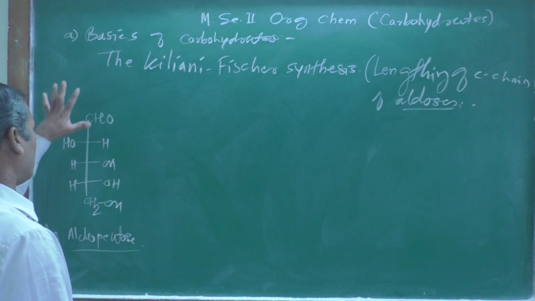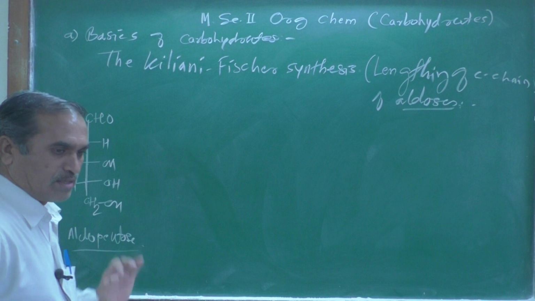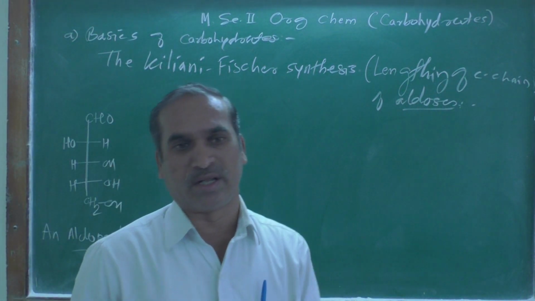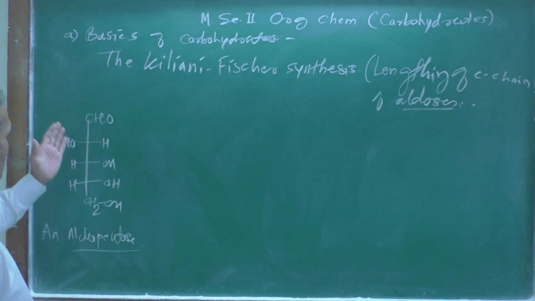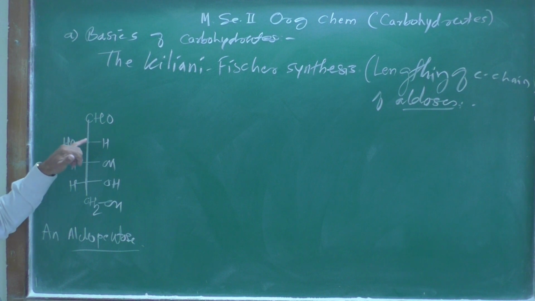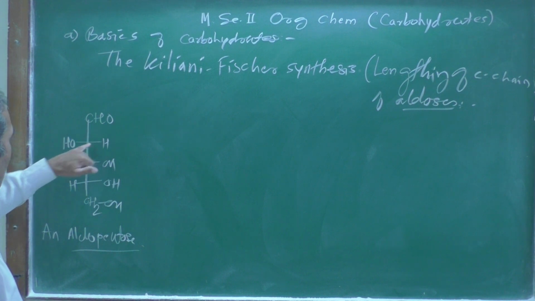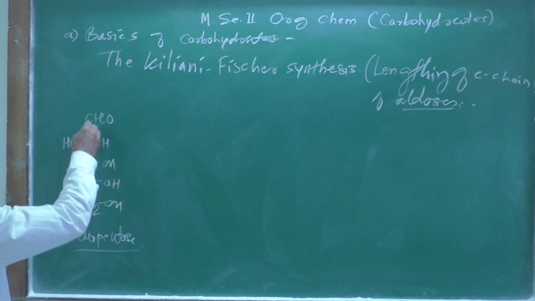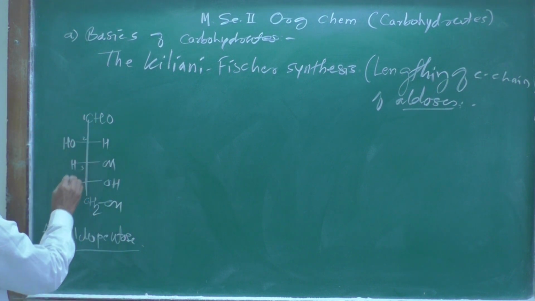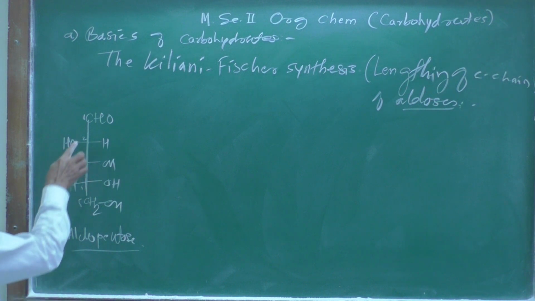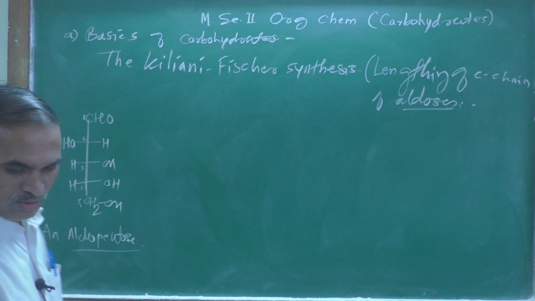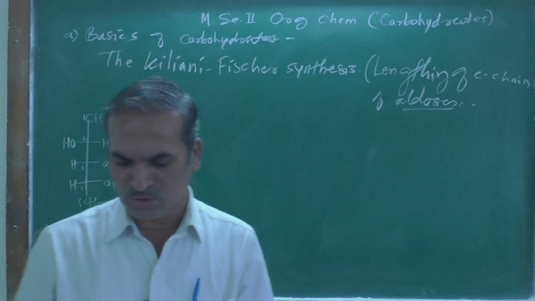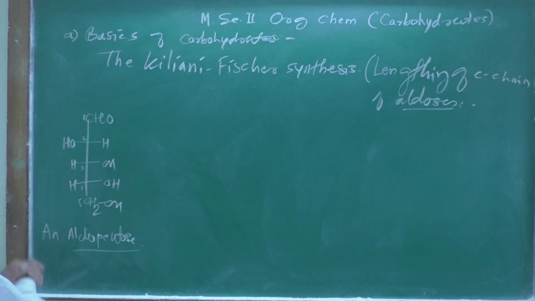This compound, like carbohydrate compounds generally, is written as a Fischer projection formula. You have to assume there is a carbon atom at each corner point. If you number from here 1, 2, 3, 4 and 5, the aldehyde group is there, so it is an aldopentose. This is what we can call the IUPAC name of this compound.